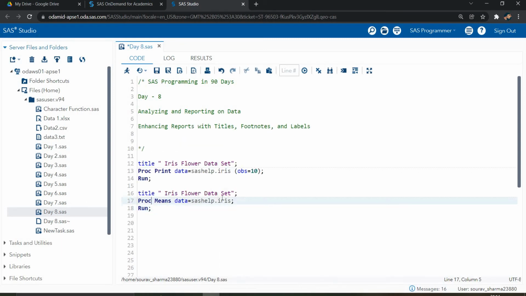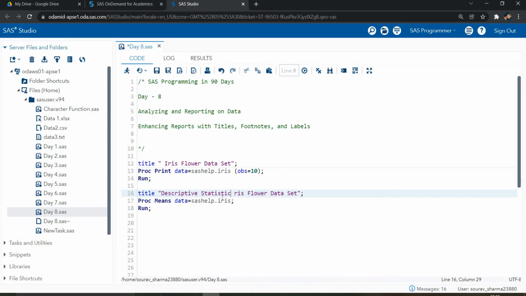So what I'm doing here is creating the descriptive statistics of my data. So I wrote descriptive statistics.